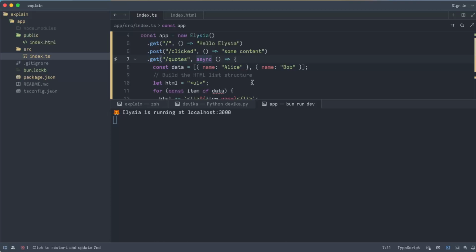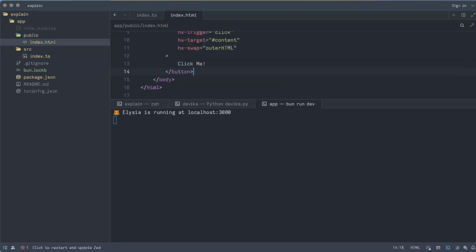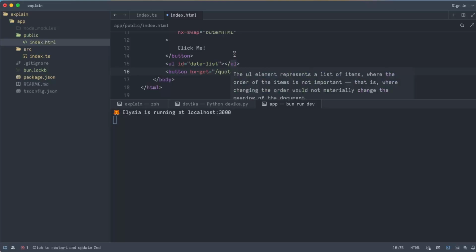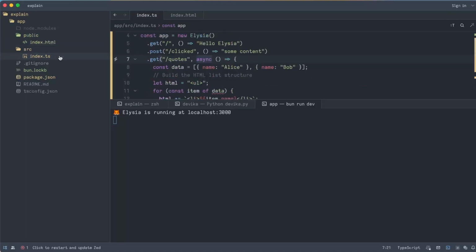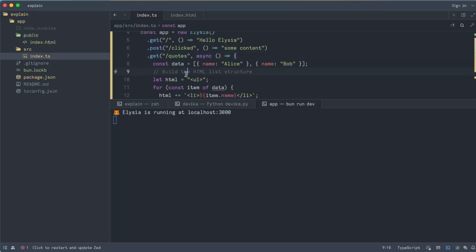And now when we do a get for quotes, we get a get for quotes. So now we can extend our index.html page, which I'm going to do. We have here our UL, and then we have our button again for loading some data. I'm going to save this. Remember that when you are going to create something like this, you can very easily get data from a MongoDB